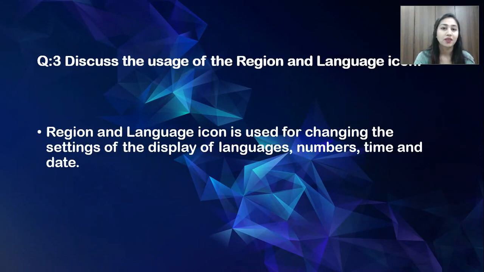So students, our last question is, discuss the usage of region and language icon. Region and language icon is used for changing the settings of the display of languages, numbers, time and date. We already saw the practical, right?